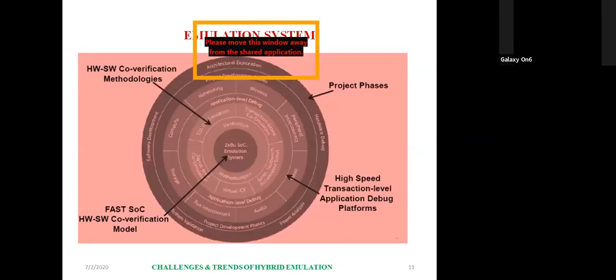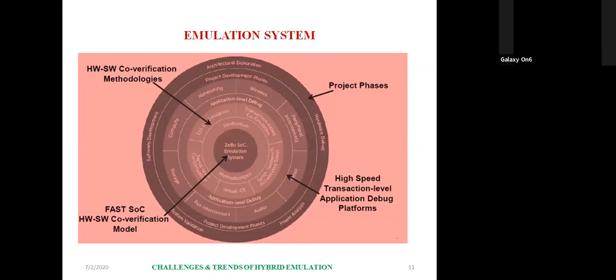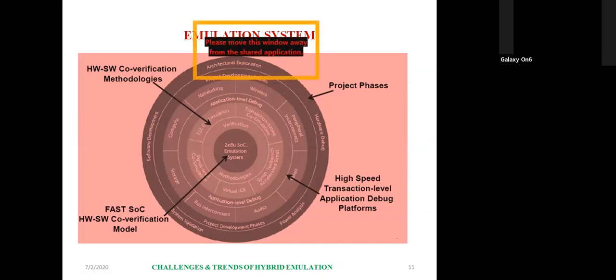Here you can see the emulation systems are divided into three things. One is the architecture exploration, the early software driven, and the software development. In the project phases, a lot of applications are there: networking, wireless, peripheral, PCI, audio, bus interconnect, storage domain, compute.